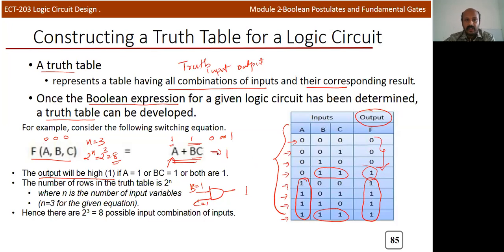So in this way, you can write the truth table of a function. Okay. If the number of variables n is equal to 4, you need to write 2 raised to 4, that is 16 combinations, you need to consider. Okay. And in a similar way, you need to think about when you will get a 1. For that, you need to evaluate the Boolean expression and fill in the output table.